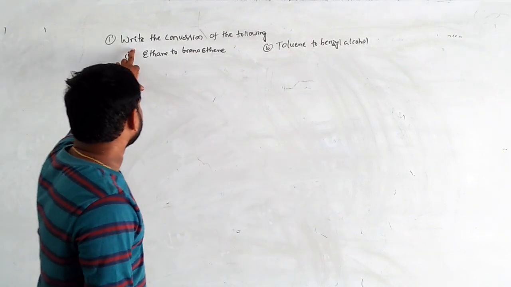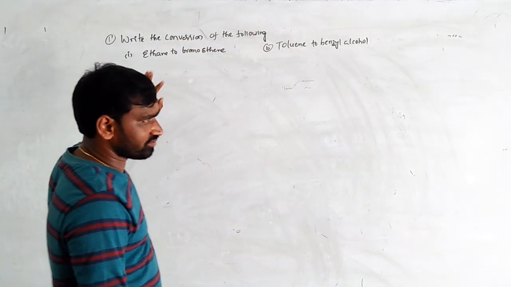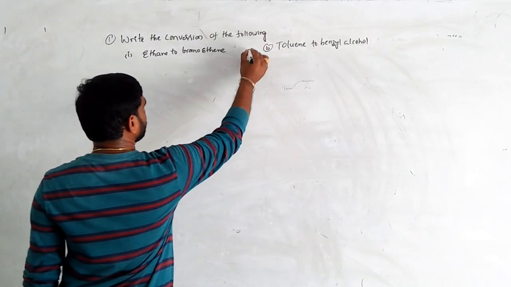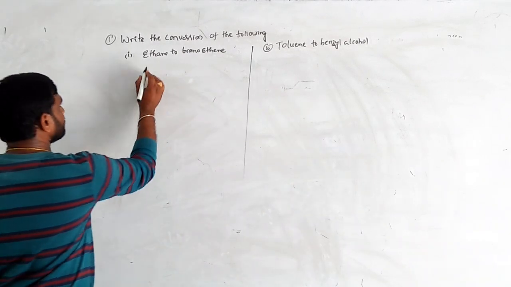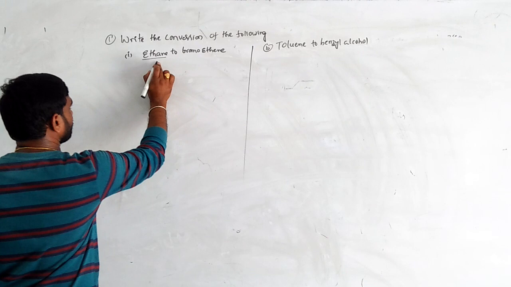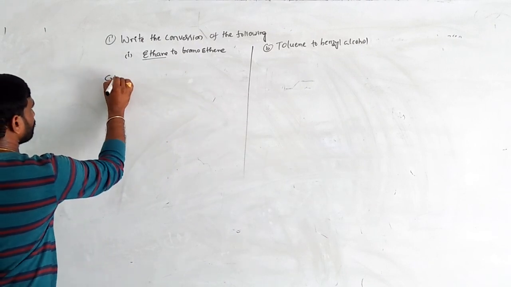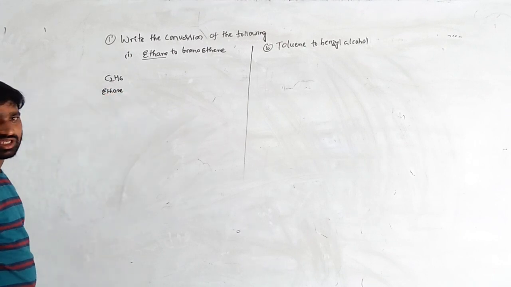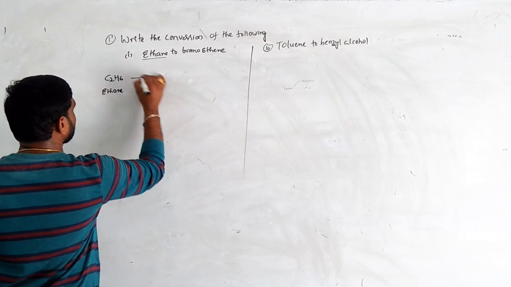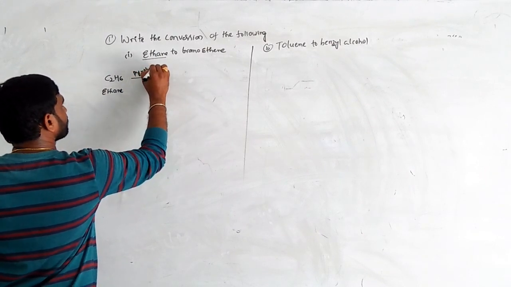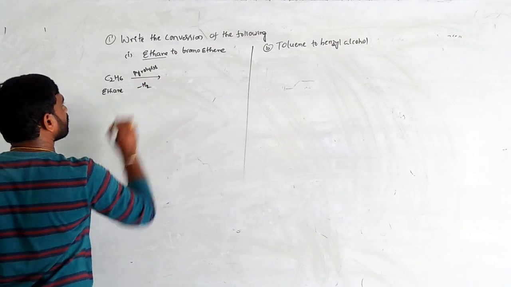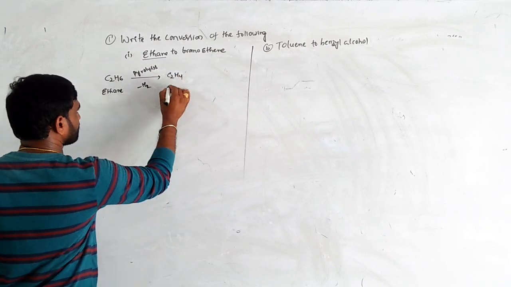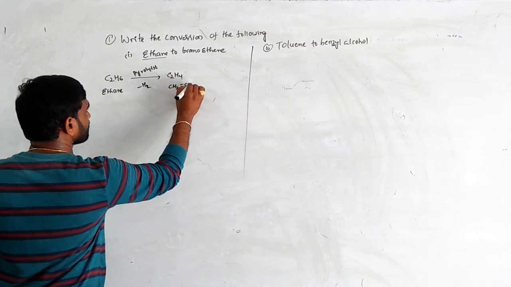Conversions. Write the conversion of the following. First one, ethane to bromoethene. Second one, toluene to benzyl alcohol. Okay, students, here ethane to bromoethene. What is the formula of ethane? C2H6. Ethane on pyrolysis, pyrolysis means removal of hydrogen, forms ethylene. So C2H4 is written as CH2=CH2. This is ethylene,